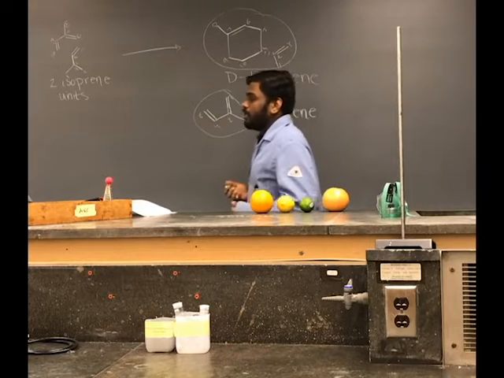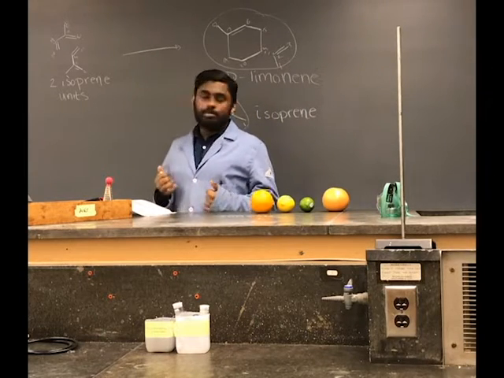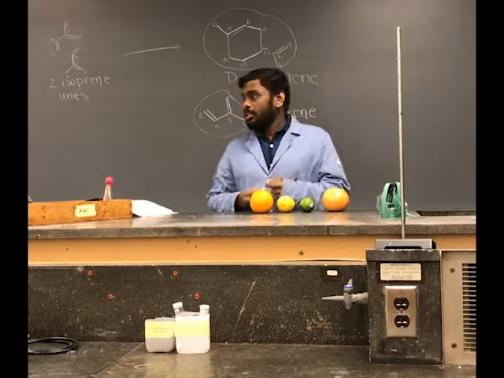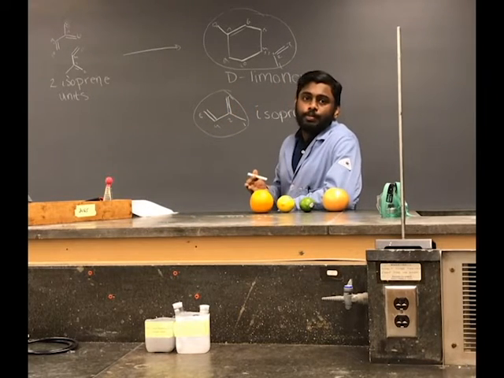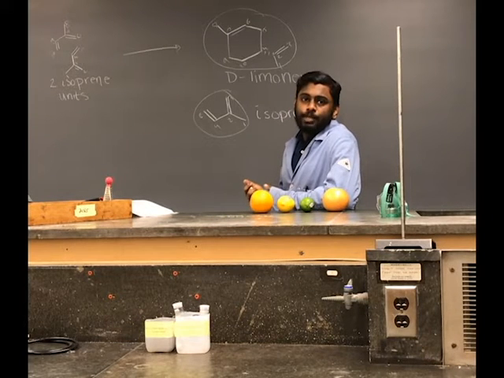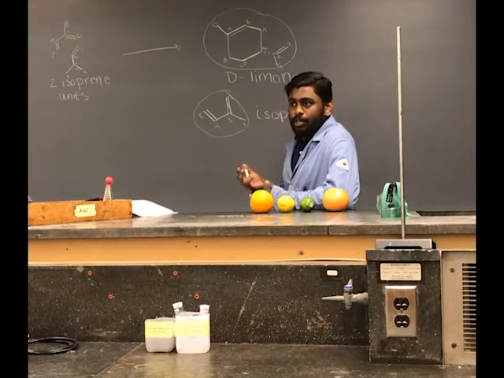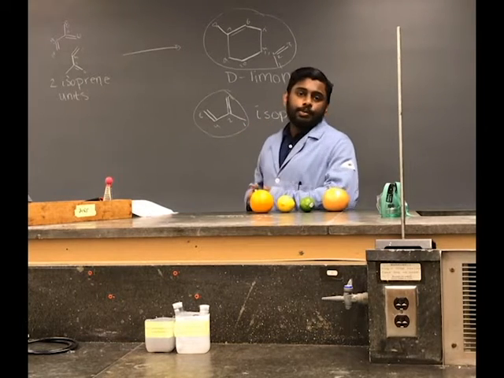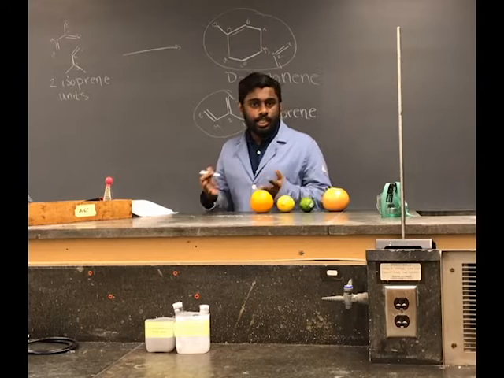When you assemble these isoprene units, you get terpenes. There's monoterpenes, there's diterpenes, and so on. A monoterpene would be an assembly of 2 isoprene units, and a diterpene would be an assembly of 3